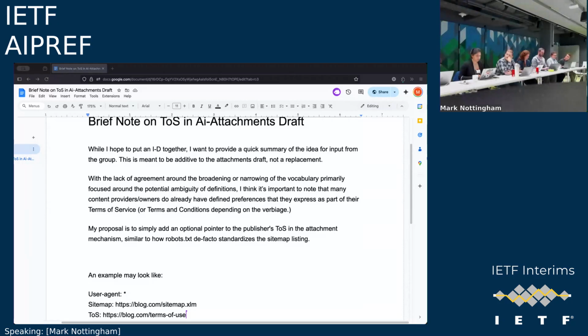Tom Ford, Common Crawl. Terms of service texts are not machine readable. So this, it's been said hundreds of times before, this would just not work at scale. It's impractical and it just wouldn't work. I mean, you can put a pointer to your terms of service if you like, but it would be about as much use as putting a link to a picture of your cat or something. It would be meaningless.